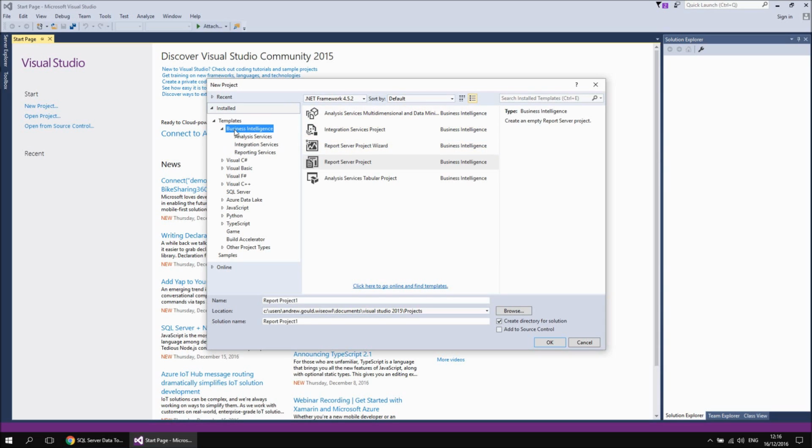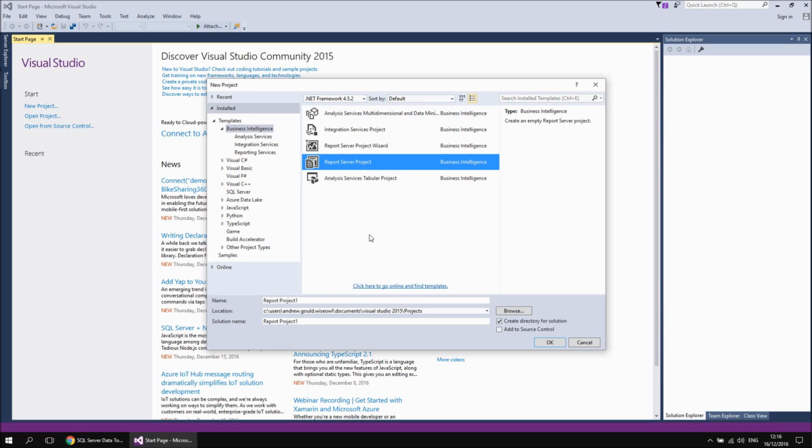Now if you choose business intelligence by itself, you'll get a list of the common templates. You can drill into each of the individual categories there and see a few more specific templates. So for instance, for analysis services, there's an extra template there for importing from Power Pivot in Excel. Anyway, just to check that you can create a project, and of course we'll be doing this in a lot more detail in the individual video tutorials on these various different products,